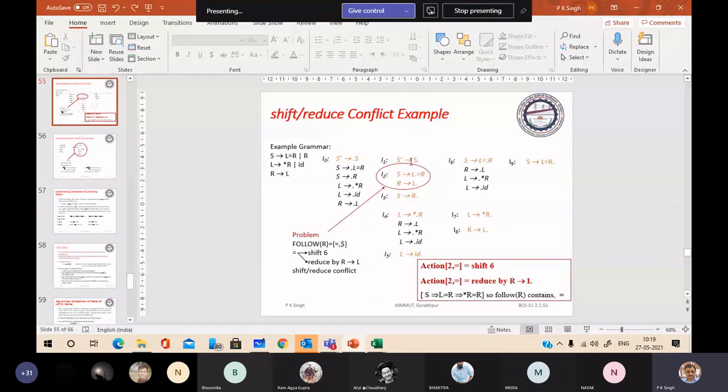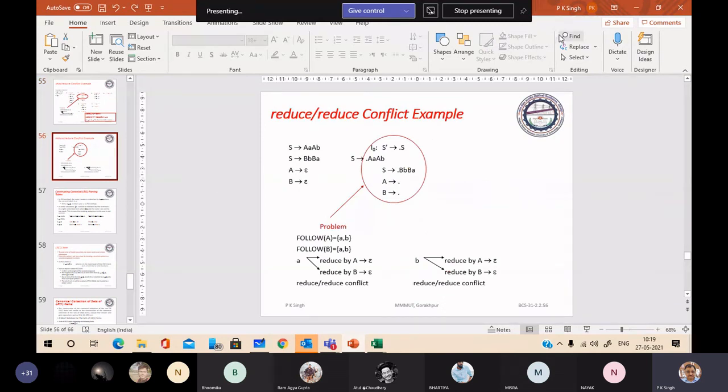Next is the reduce reduce conflict. See another grammar here. देखना ही थोड़ा खसक गया है. This is the grammar.